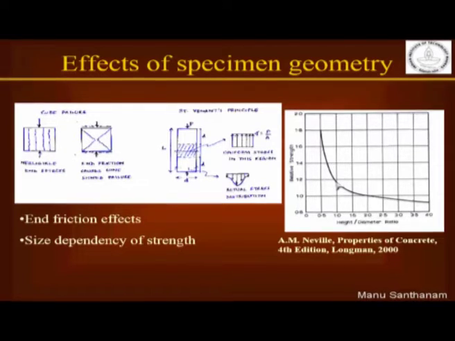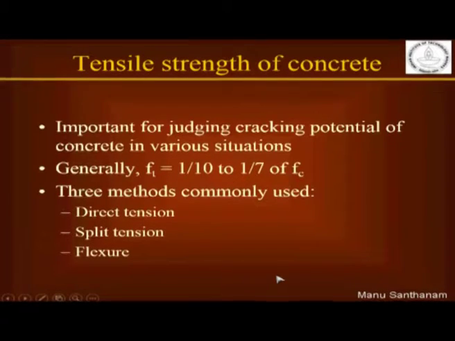To convert this back to the cylinder strength, we have to multiply it by a factor of 0.8, and that is what is done in your compression design for reinforced concrete structures. Okay, moving on, we are now going to talk a little bit about a property of concrete